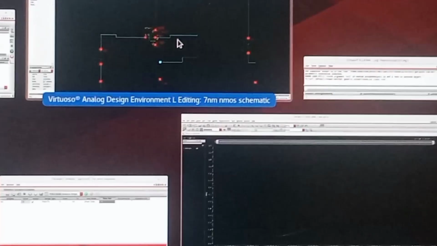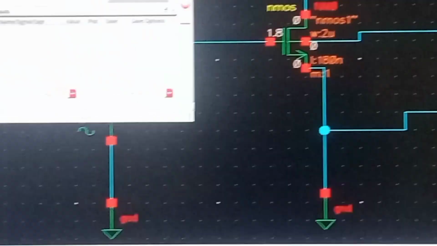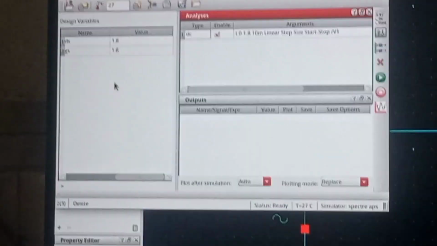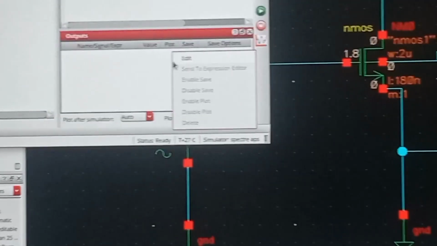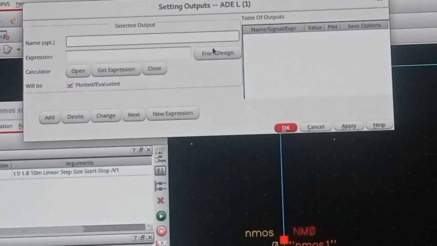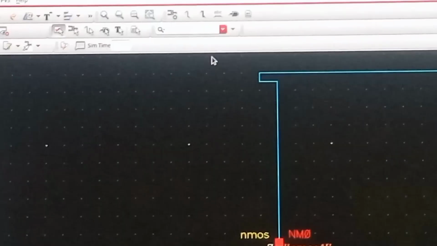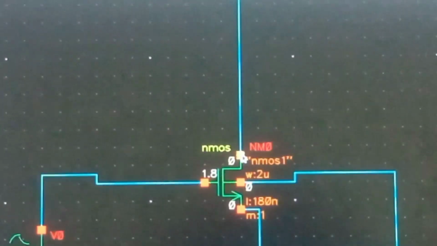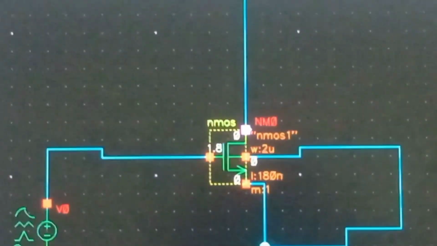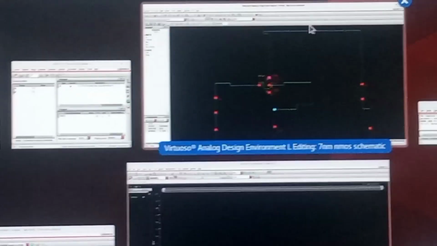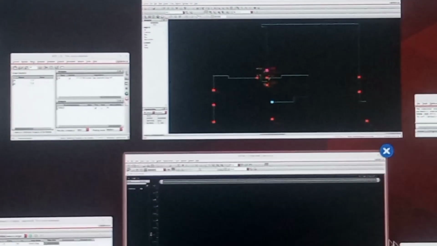And now we have to select the node. For this we have to minimize and move to the ADE L tab. When you open the ADE L tab, you will see the variable range is given. Just click the left button in the output area, click from design, and select the drain node.